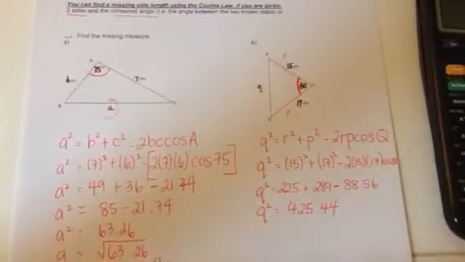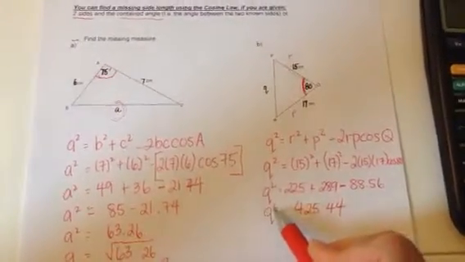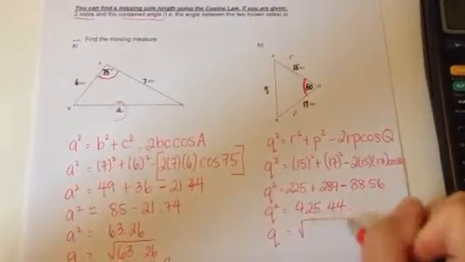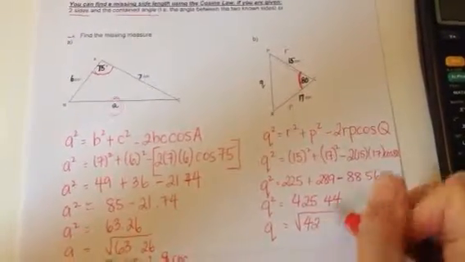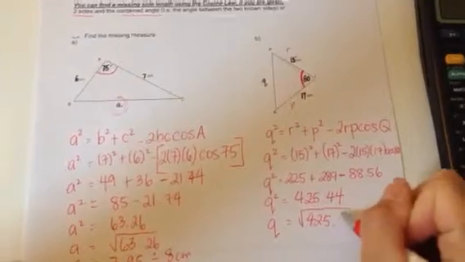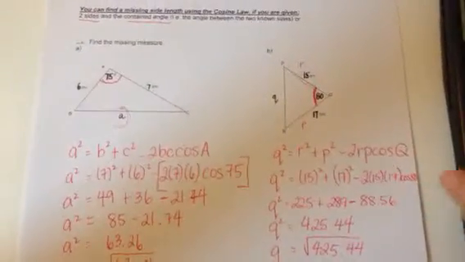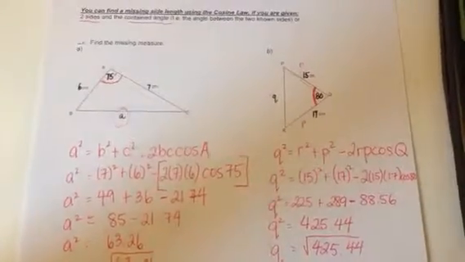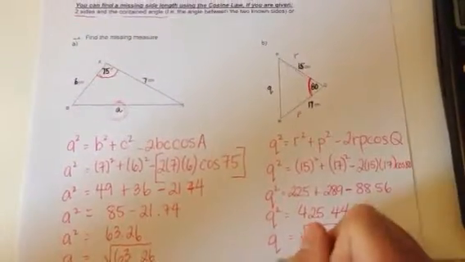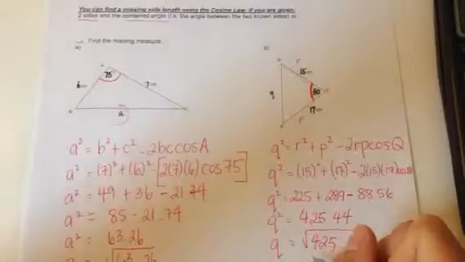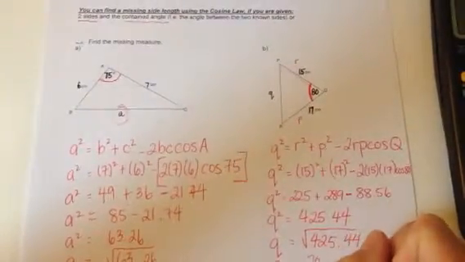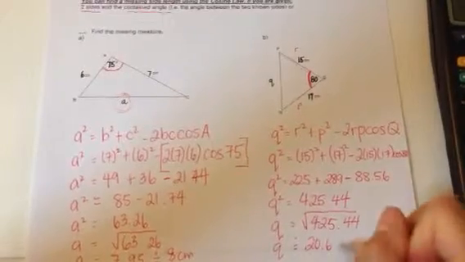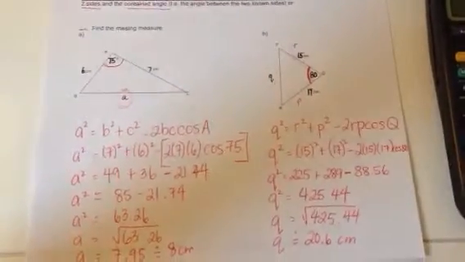425.44. But remember, this is what Q squared equals. We have to square root it to find out what the side is equal to. So square root of 425.44, and Q equals about 20.6 centimeters. Okay,